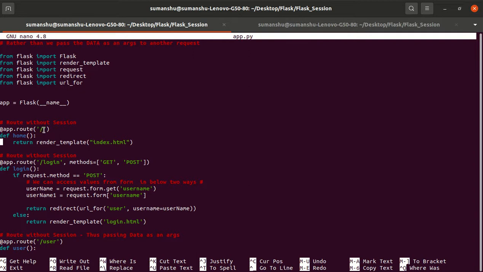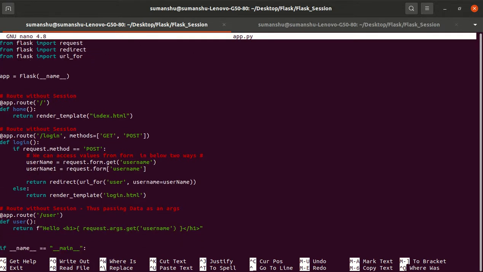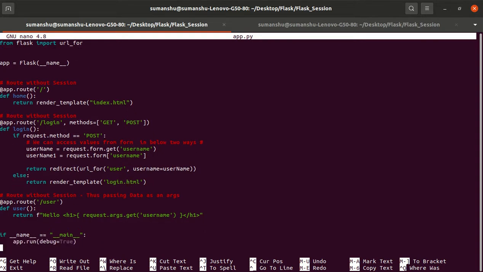So what it will do is, if I go to this slash route, it will just open my index.html. If I go to this slash login, right? If the request is post, it will fetch the username, and once it fetches the username, it will go to the user route, and it will display hello username. Otherwise, if the request is not post, then it will render the same template again, that is login.html.